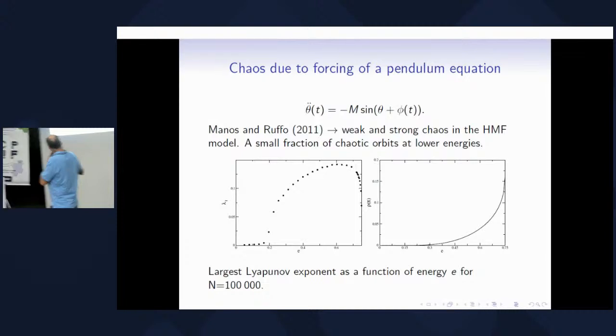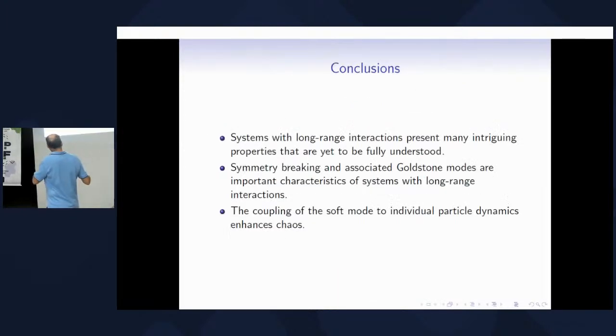Here, at this energy, it's not a phase transition, but there is a soft transition when your Goldstone modes get really excited. So you couple the motion of the particle to the motion of the Goldstone modes, which results in an enhancement of chaos, what we call a transition from weak to strong chaos, which we will discuss in more detail in the paper.